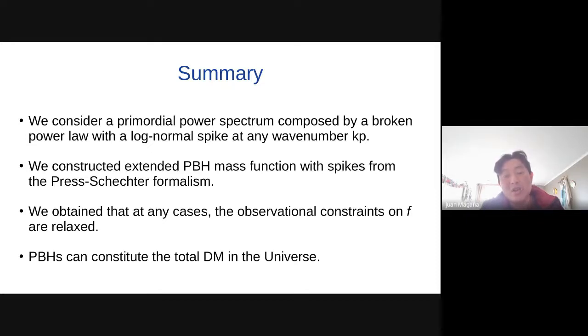And if we include a spike, we can expect more windows of the combination of the free parameters where this happens. Well, that's all.